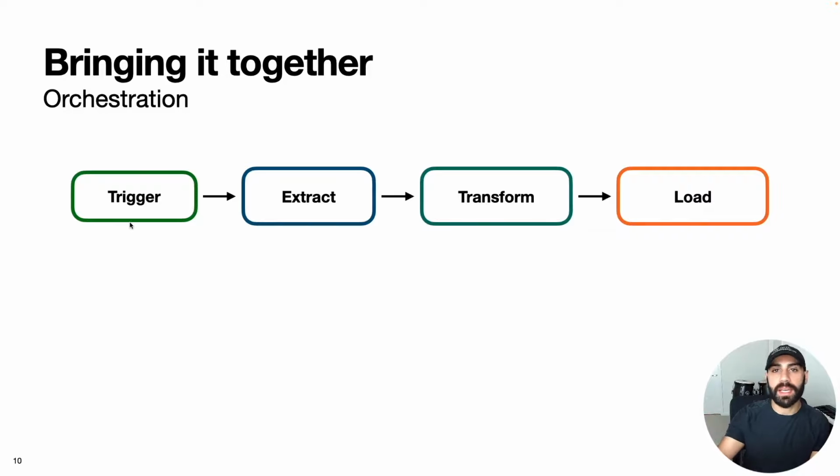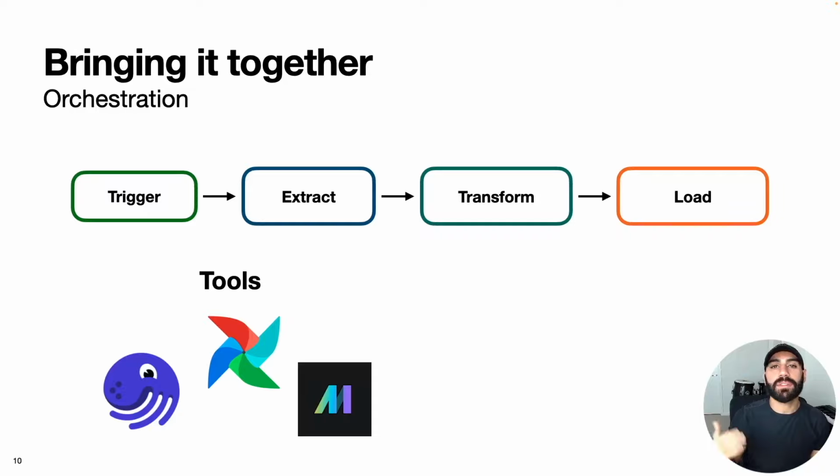So maybe every day at midnight, this trigger will go off, an extraction process will be kicked off, the data will be transformed in some way, and then it'll be loaded somewhere. While traditionally you may have used a combination of Python and command line tools, these days there are a lot of tools for orchestrating data pipelines, such as Airflow, which is a very popular one, Dagster, Mage, and